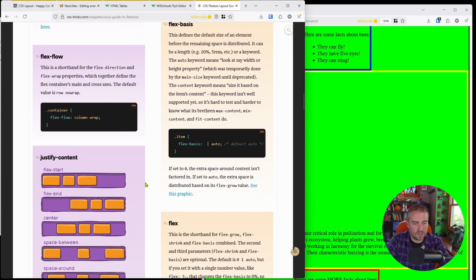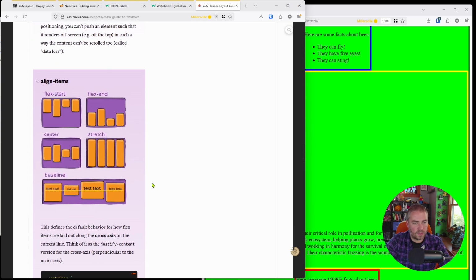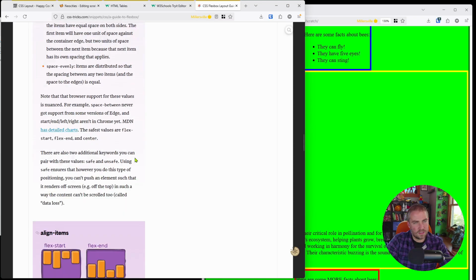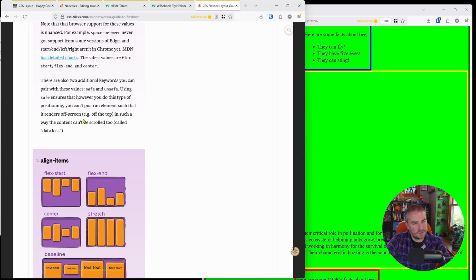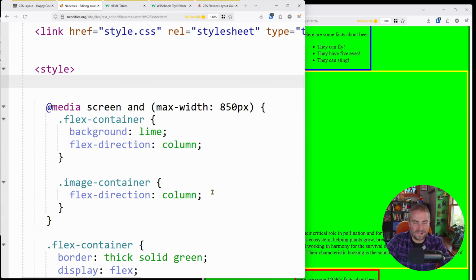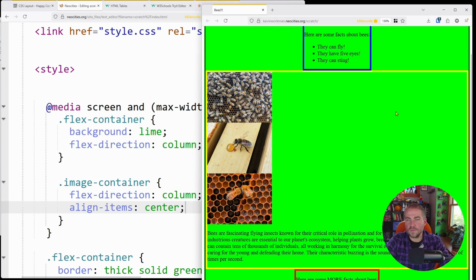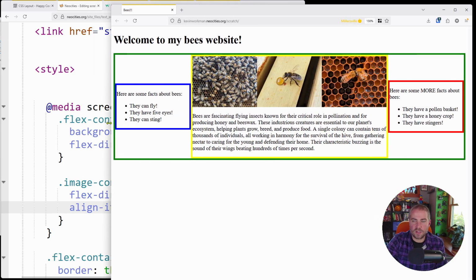Where's what I want? I think that would be the one we were looking at earlier. Align items. Maybe, no, I think it might be the space. Yeah, it's justify content actually. No, it's not. You know what? I'm going to try align items. We're going to find out. Bear with me. Align items, and I'll say center. And now refresh. And yay, that worked. All right, cool. And that shouldn't break anything if I'm this way,